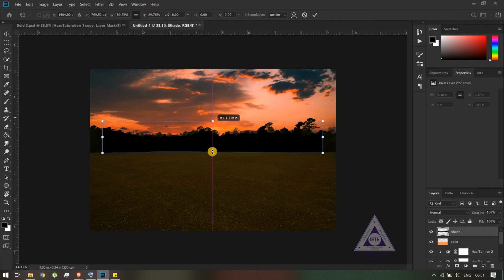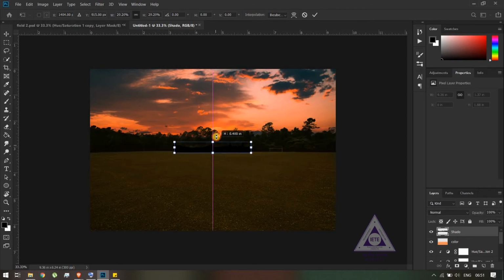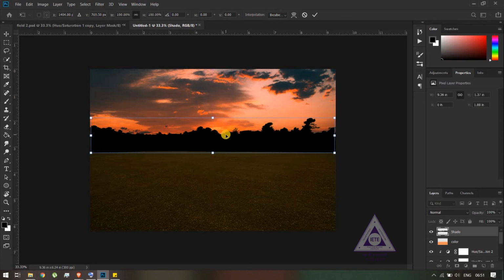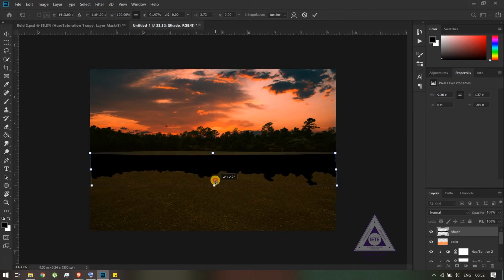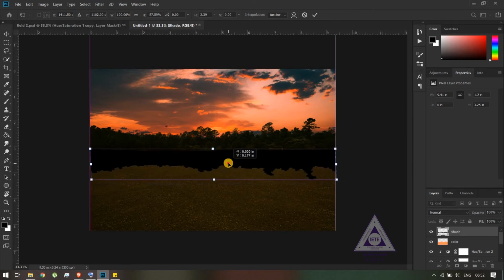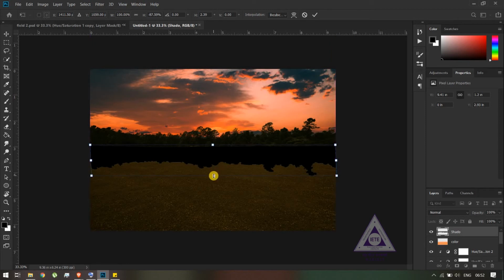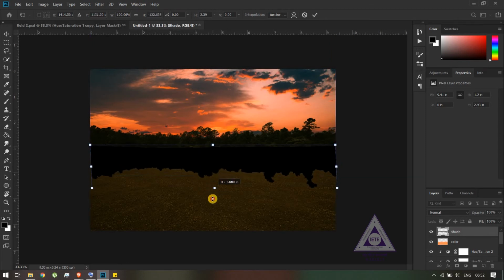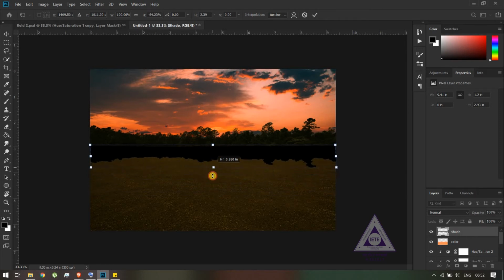So to transform it so that it moves downwards, instead of just moving it like this, we'll be using the skewing option. So to skew, you can press Control and Shift on your keyboard, hold it down, and then move around any points you want. And if you just want to change one perspective of the image while scaling, you can hold down Shift and then scale, so it won't scale the whole image and only one end of it. So I think this should be alright.